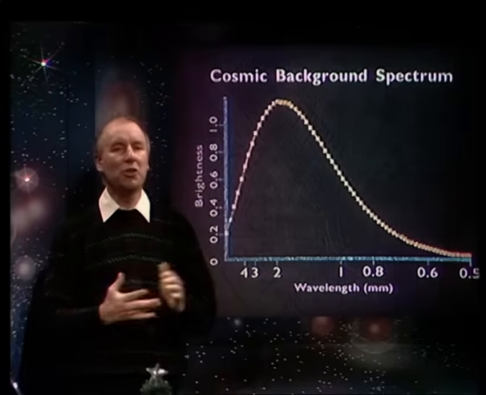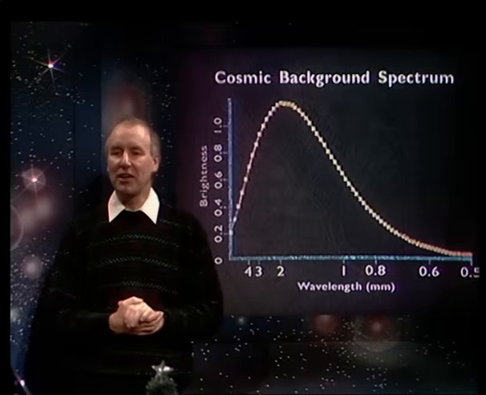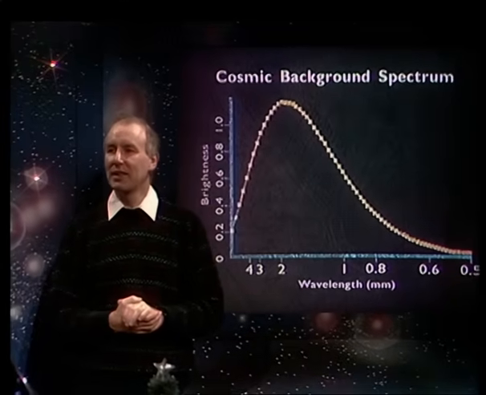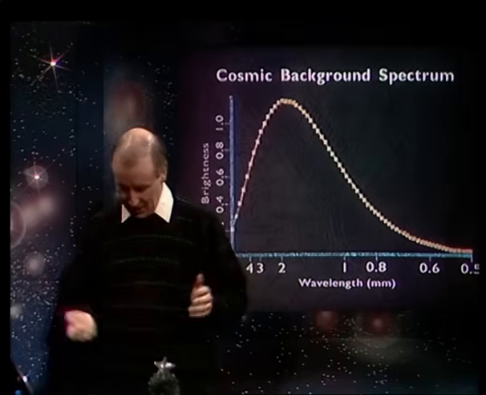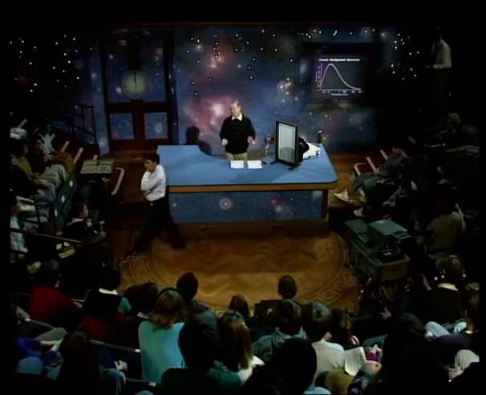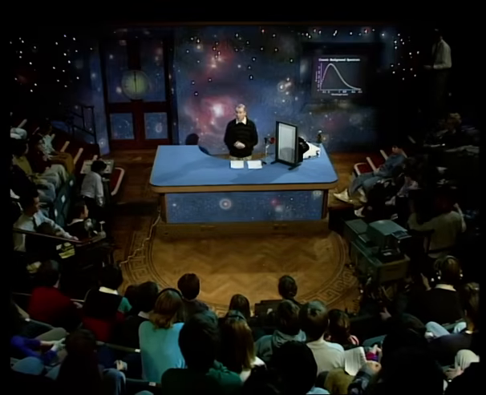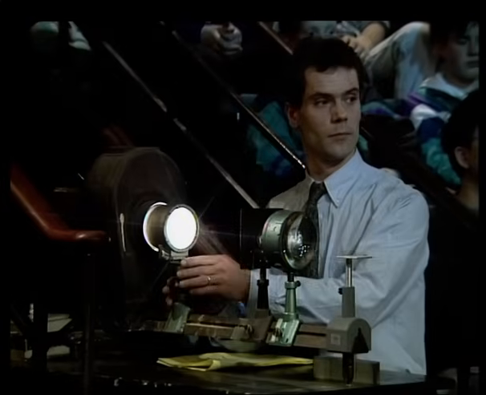Now, we're going to show you what we mean by black body radiation by doing a rather simple demonstration in which we're going to get a carbon arc at a temperature of about 5,000 degrees Kelvin, and we're going to take its spectrum just to show you an example of a black body. Right, Bryson, let's switch on the machine.